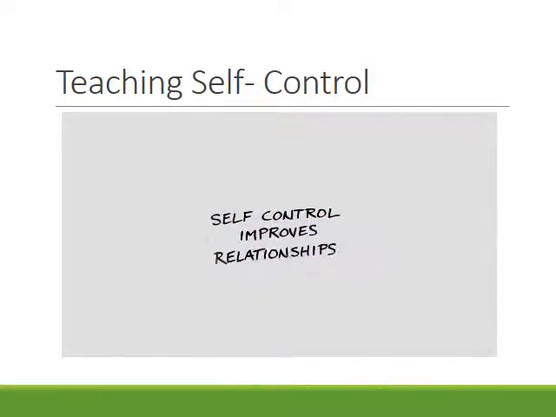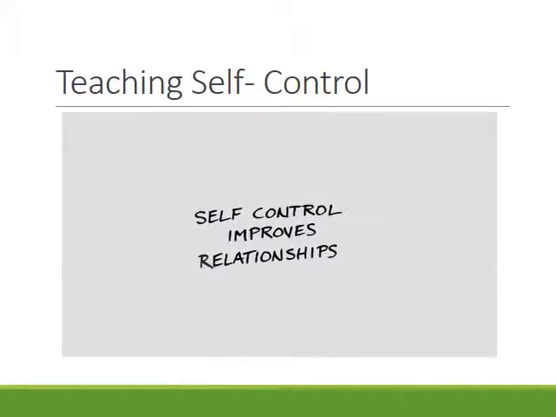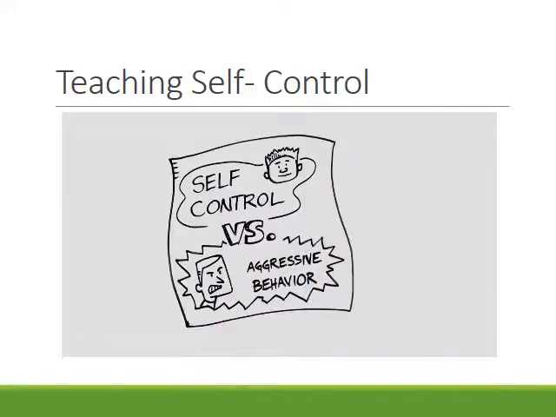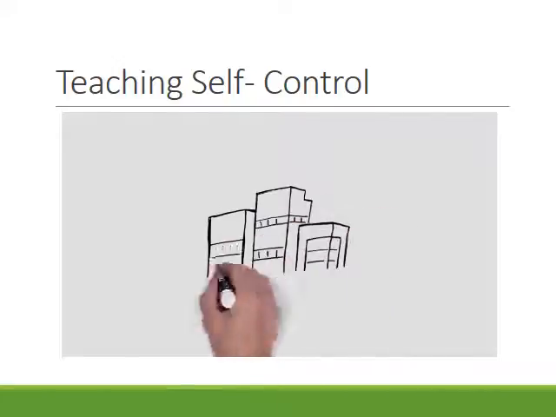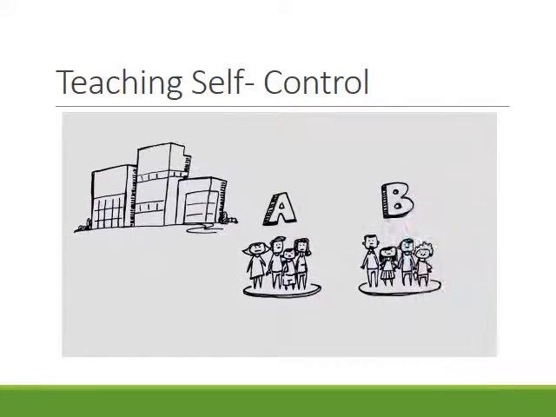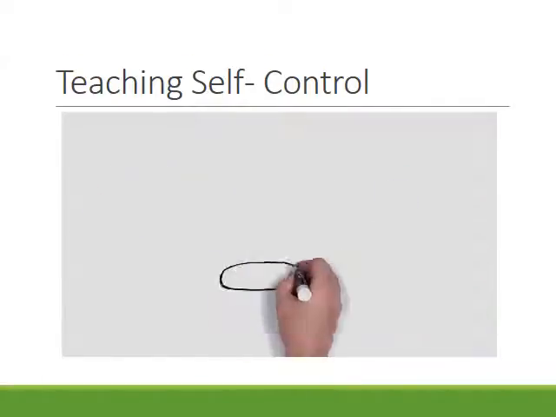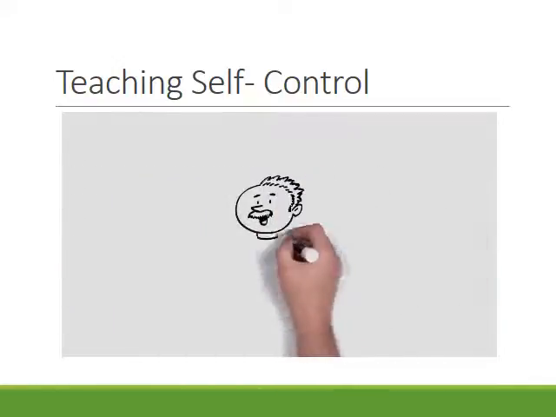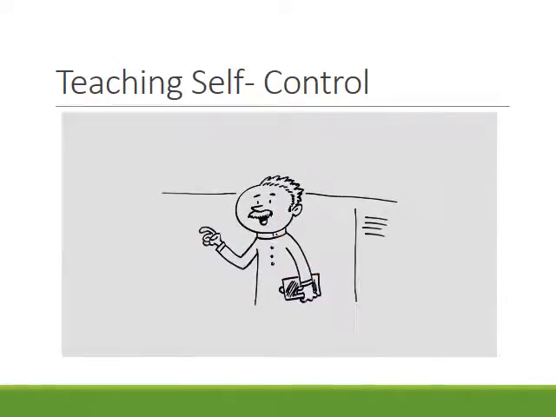Self-control also improves relationships. It might even help you deal with frustration. But no one had conducted an experiment to see whether self-control helps people overcome their aggressive urges. To test this, we had college students come to a laboratory for what they thought was a taste testing study. Unbeknownst to the students, they had been randomly assigned to two different groups. The first group was given a plate that had a tasty donut on it. The experimenter said, "We want to get your opinion on how the donut tastes."